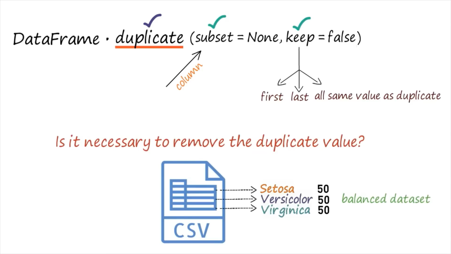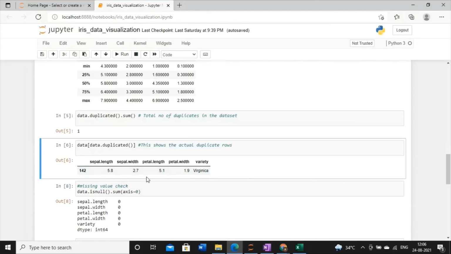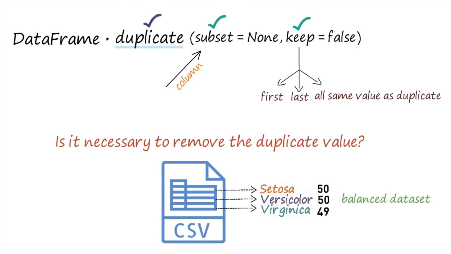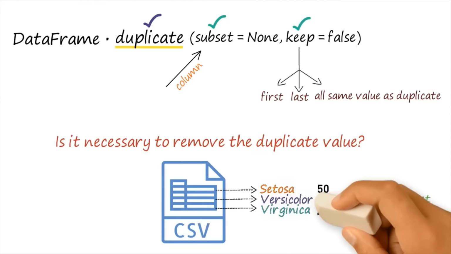It is one of the examples of a good raw dataset. But if you keep on deleting the duplicate values, what will happen? Here I have identified that the value of Virginica is duplicated, so I will delete this one. At this point, the count of Virginica will be 49. And if I find any other duplicate, I will delete it again.